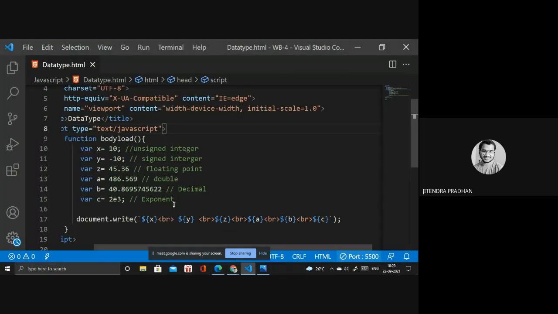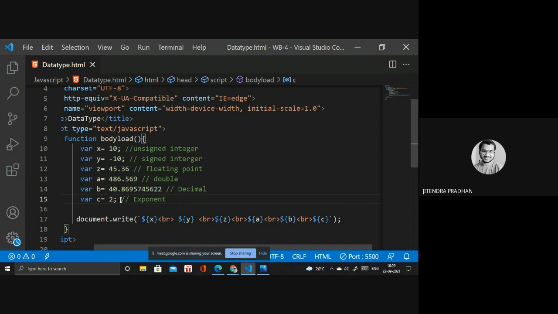Exponent, we are writing 2e3. I think it's deprecated. Wait, I will check. Wait a minute. 2E3 not working, right?